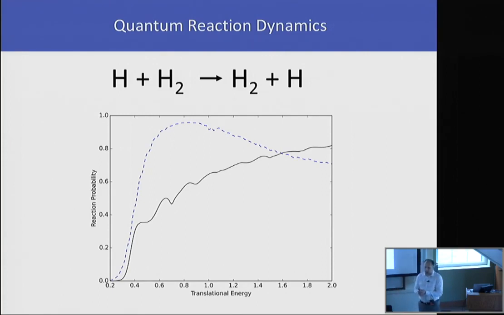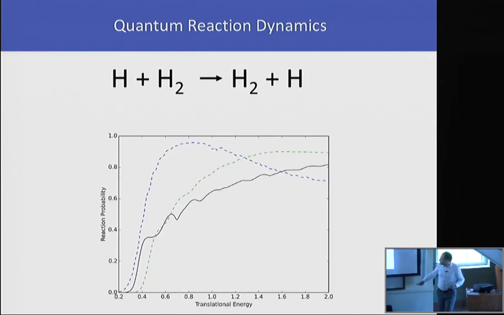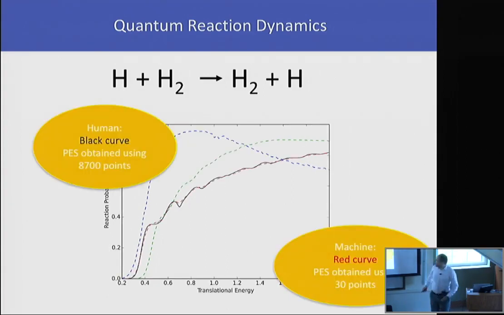on, say, 20 ab initio points. And so I wouldn't expect this to produce any accurate results. And what I get, if I plug that surface into the calculations, is this dashed curve. And then I do this feedback loop, the optimization loop that I discussed, and actually after just a single iteration, you get the green curve, and after only 10 iterations, so I'm going from 20 ab initio points to 30 ab initio points,